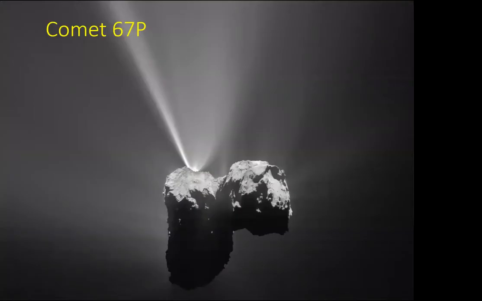We can see that process in action also on the more recent photograph from Comet 67P, Churyumov-Gerasimenko, where the Rosetta mission went up close and into orbit around the comet and took this amazing backlit photograph of the comet in the process of outgassing, these jets of material emerging from the comet in different directions and creating these outbursts. And of course the material from the comet will go into its tail and also then go into adding to all of that dust around the plane of the ecliptic, the plane of the orbit of the comets and the planets.